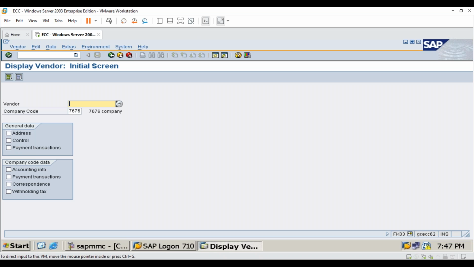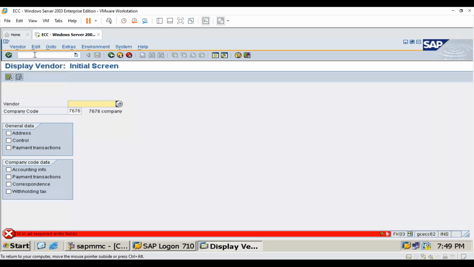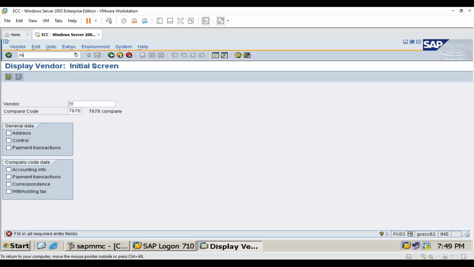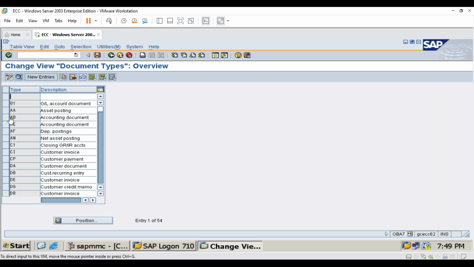So practically we'll see OBA7, press enter. If I take D or DZ, that is customer, and for vendor I will take